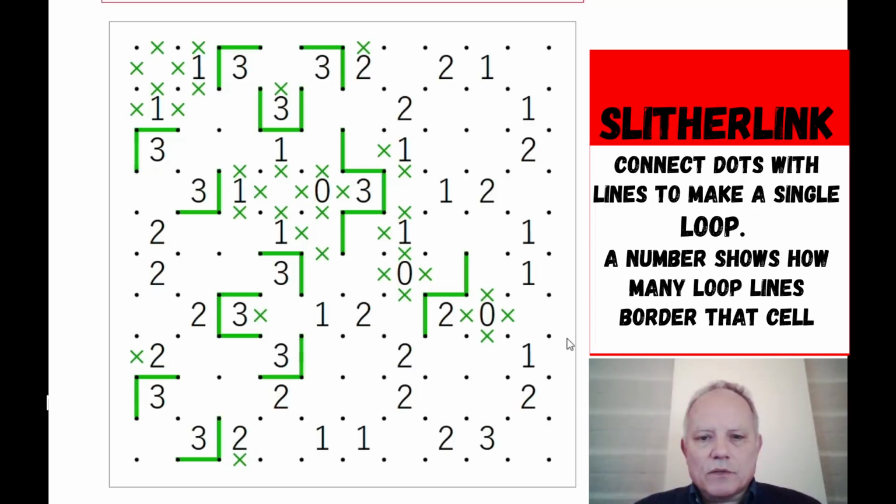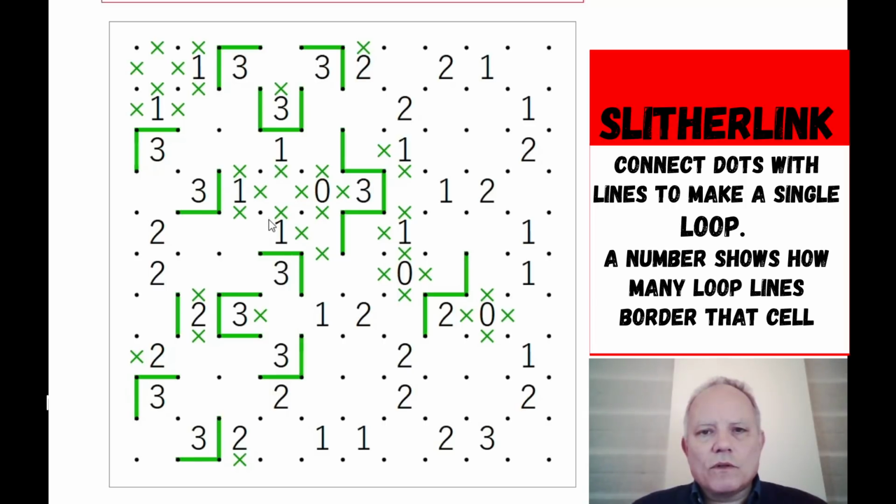Let's see what else we can learn about this puzzle. Now, this 2 is very useful. Yes, we can X out those, and to make up that 2, we know we have to have a line here. So that's good. Anything else? Well, sometimes you can work out around these 3s, especially where there are impossibilities. So